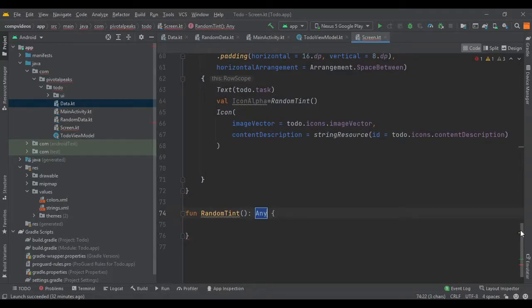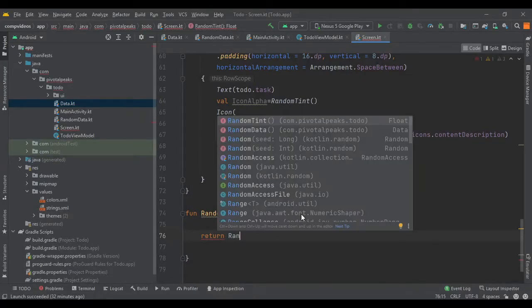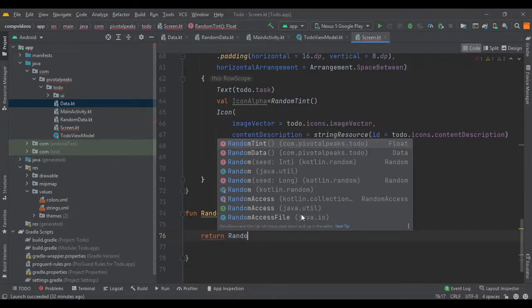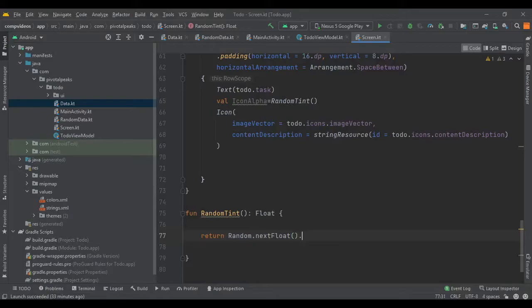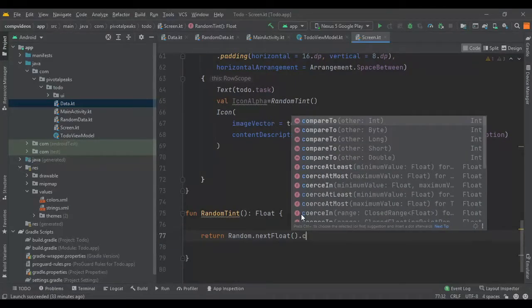That is a float, so let's define it as a float, and then inside the function we just need to return Random.nextFloat().coerceIn, which accepts two parameters, the minimum value and the maximum value.